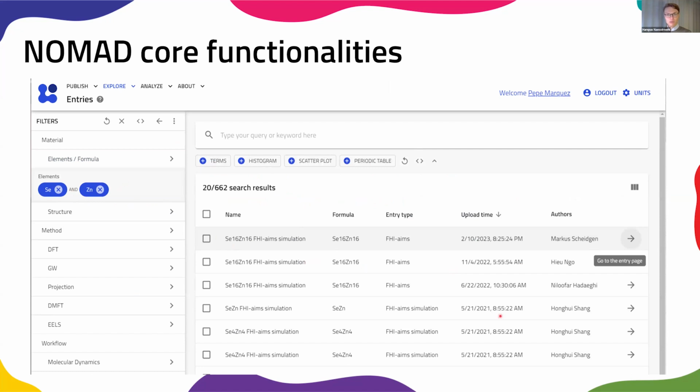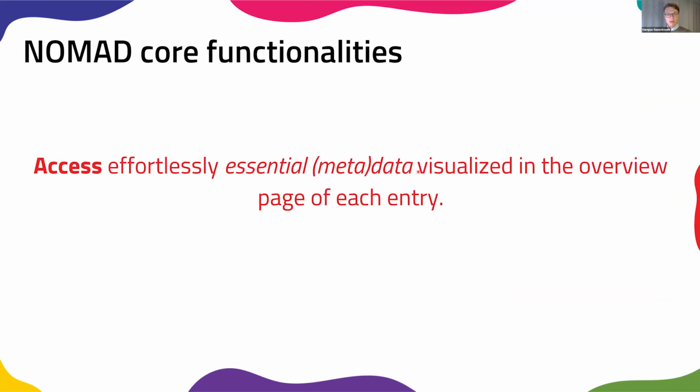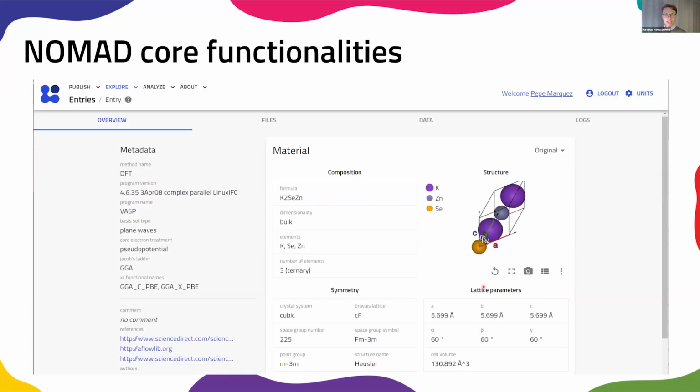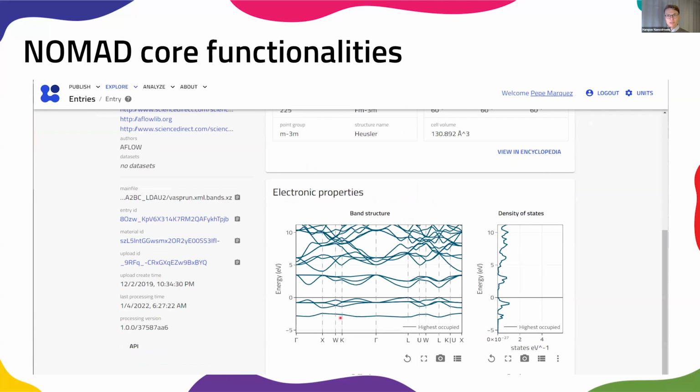And once you've filtered and found what you're interested in, you can access this data. And on the first view that you get from this data, you get an essential overview of the data. So you see what this material is about here, you get an idea of the structure of this material, and if we scroll down, you might see some information that has been extracted from the code that was run. So in this case, it's electronic properties that have been